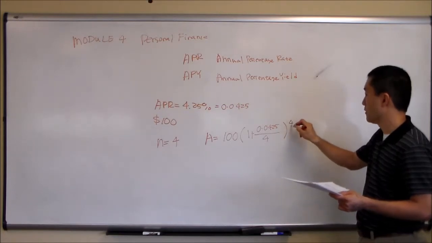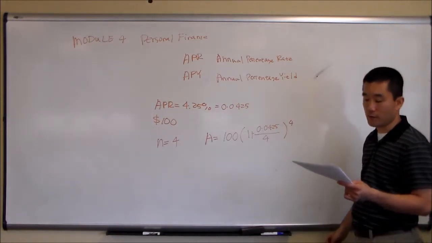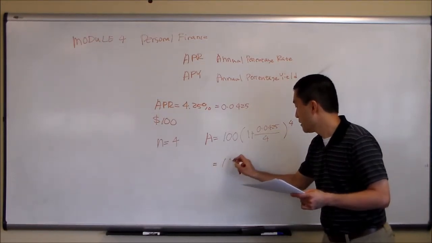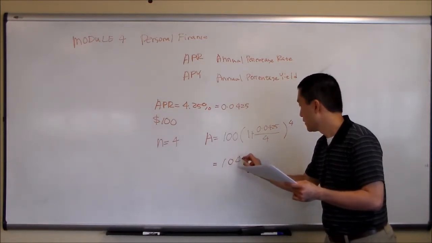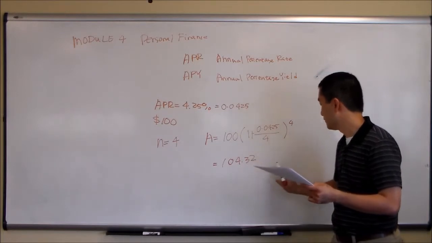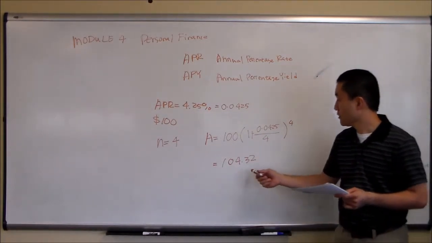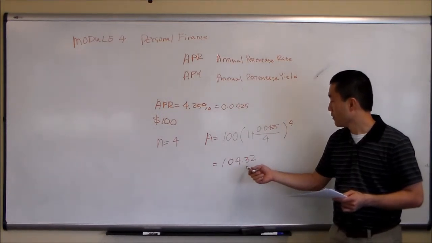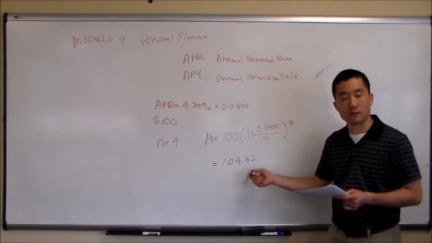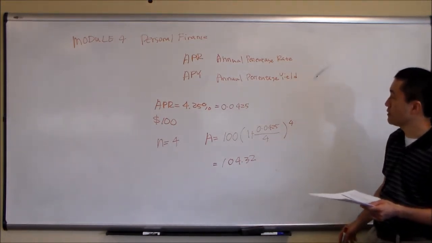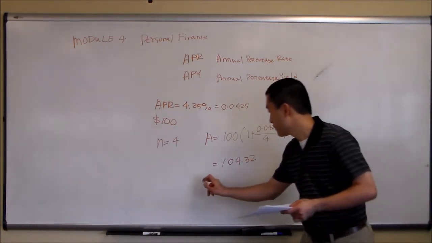Raise it to the 4th here. 4 times 1 because it's once a year. If you do the math, you get 100, 4.32. So the actual increase in your interest payment is going to be $4.32. So that's your interest. So to calculate the APY,